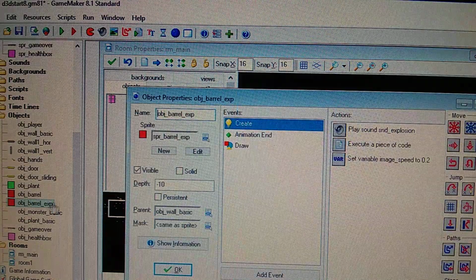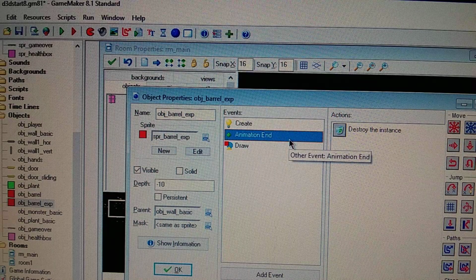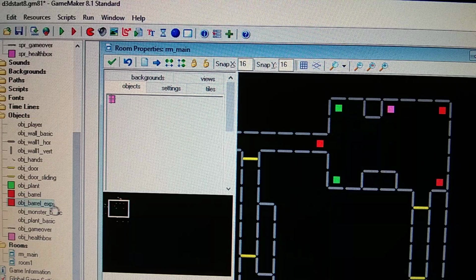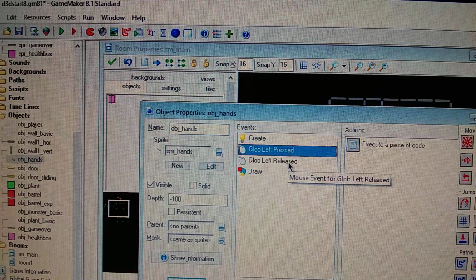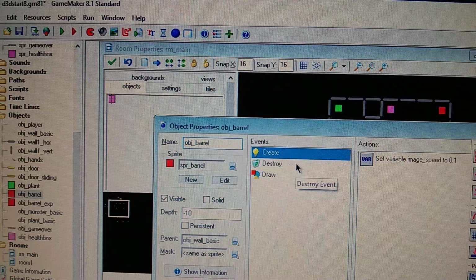Alright, and why it's not showing up in the next room. Alright, let me make the hand, let me make this, let's see, when he gets closer to